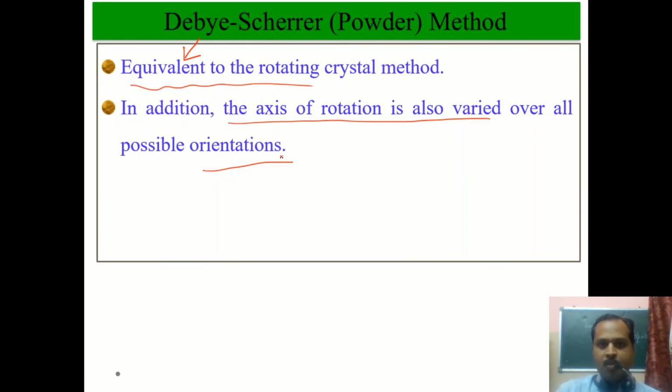So these are the three important methods or geometries using which we can study the diffraction pattern: the Laue method, the rotating crystal method, and the Debye-Scherrer method. In the Laue method, we change the magnitude of the wave vector, whereas in the rotating crystal method and the Debye-Scherrer method, we change the direction of the wave vector, because either we have to change the magnitude or the direction. If you keep the vector k constant, then in most cases we will not have any kind of diffraction pattern, and we will be missing all the diffraction peaks.